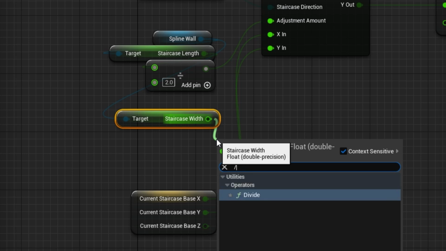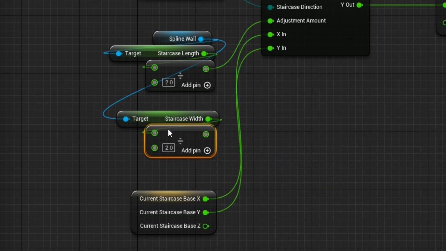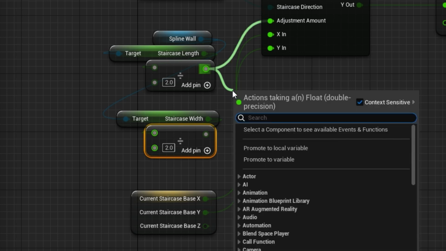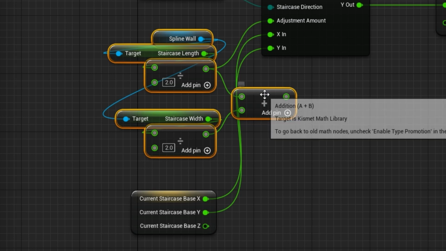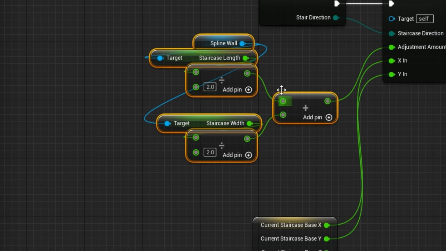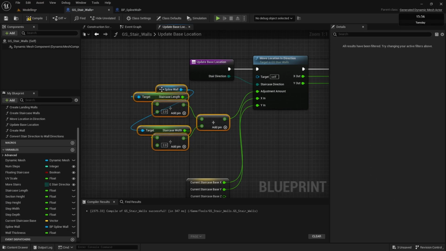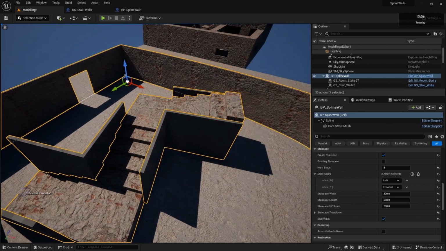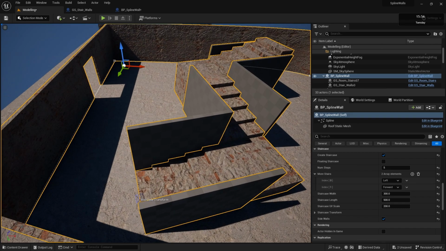And divide that by 2 to get half the staircase width. Add these 2 together, plus, let's move it back so it doesn't cross these wires. And then finally, the addition of the half staircase length and half staircase width is what we want to adjust by. And fingers crossed, if we compile and save, that looks good. So we now have our walls adjoining our staircase sections,